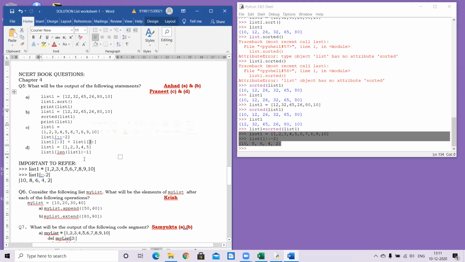So it will start from 0 and go till 2, all the elements. And in this case, it will start from the third element and go till the end. So 0 to second element, concatenated with the third element till the end, ultimately gives me the whole list. So 0, 1, 2 came here, that is the output for this one.